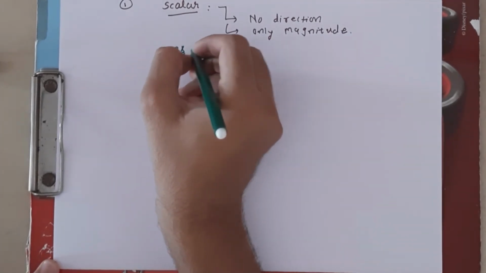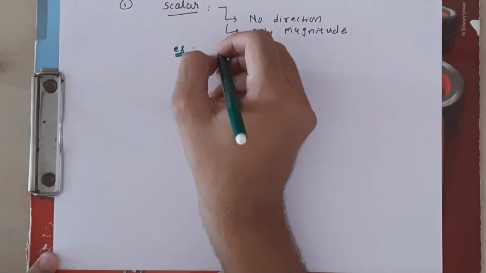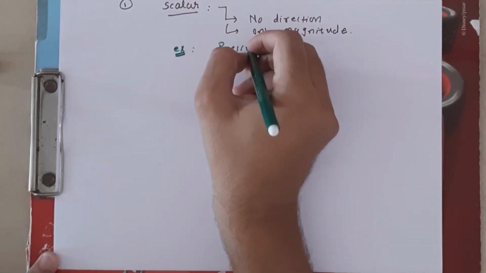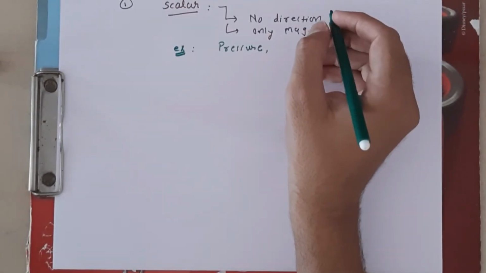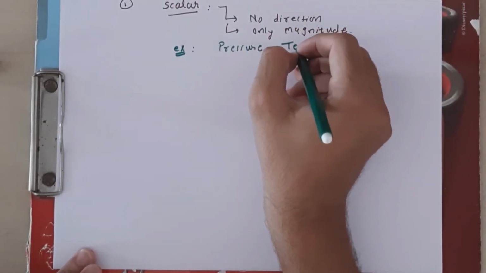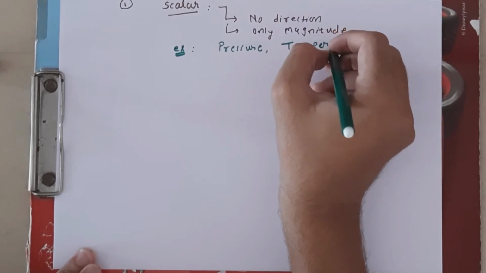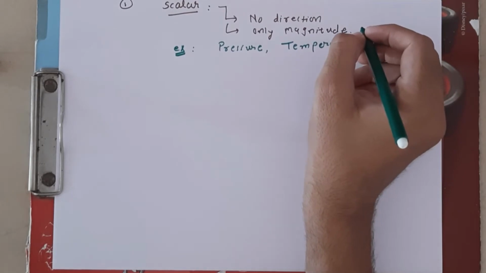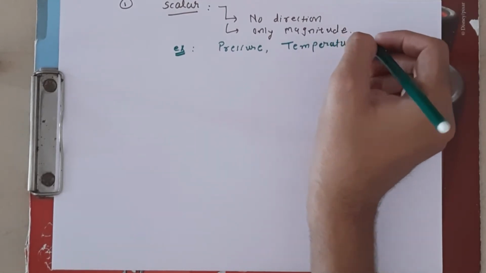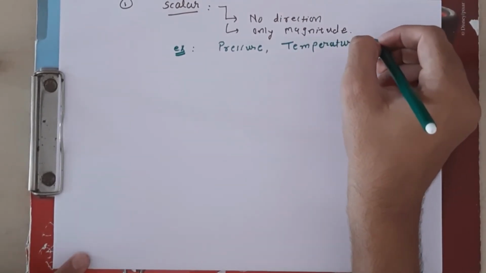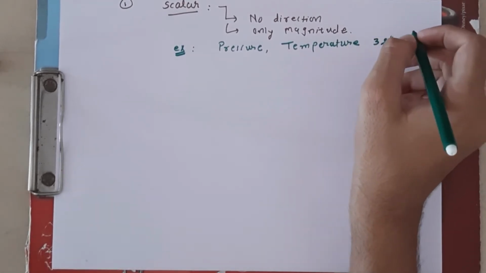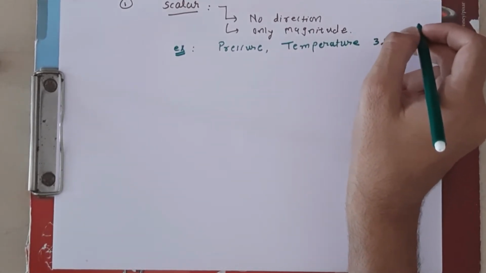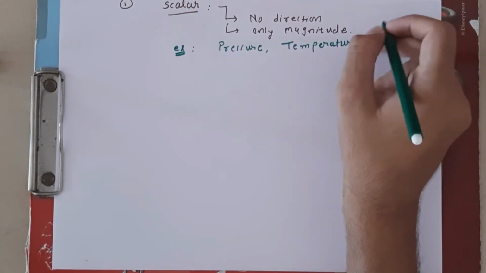What is an example of scalar quantity? An example of scalar quantity is pressure. Pressure has no direction, it is only magnitude. Similarly, temperature. Room temperature is also a scalar quantity, it has no direction. It has only magnitude. Suppose my room temperature is, for example, 32 degrees Celsius. So I have to say that everywhere in my room, at every point in my room, the temperature is 32